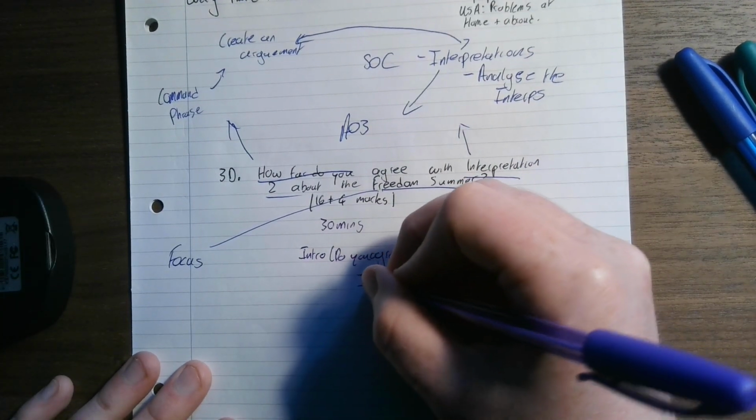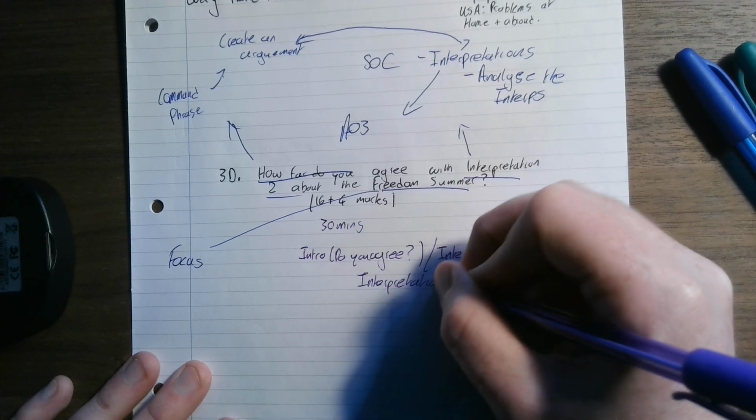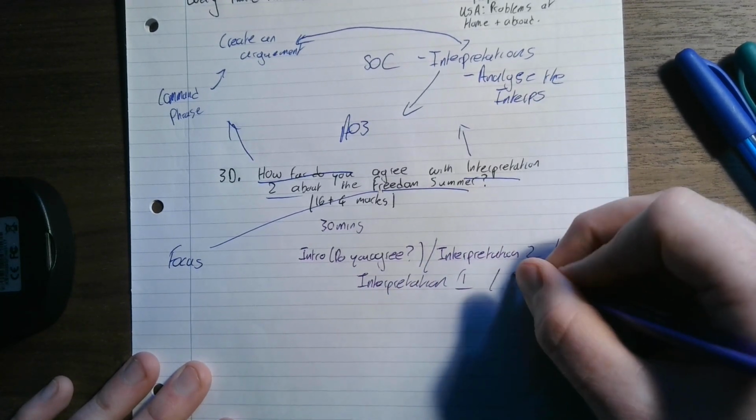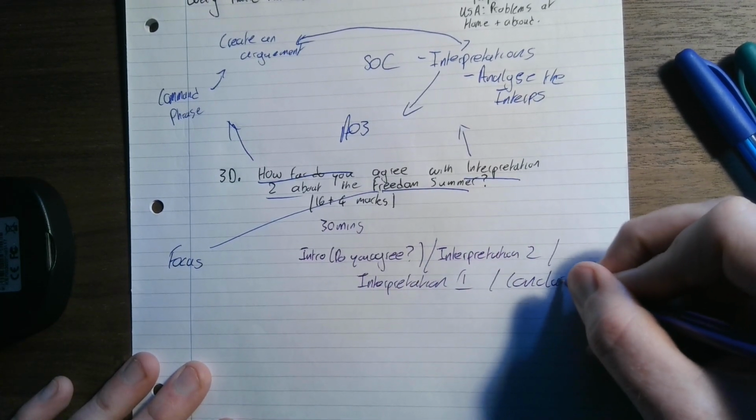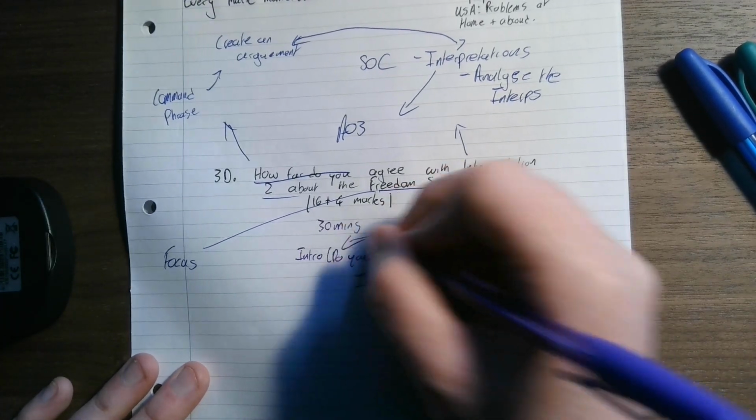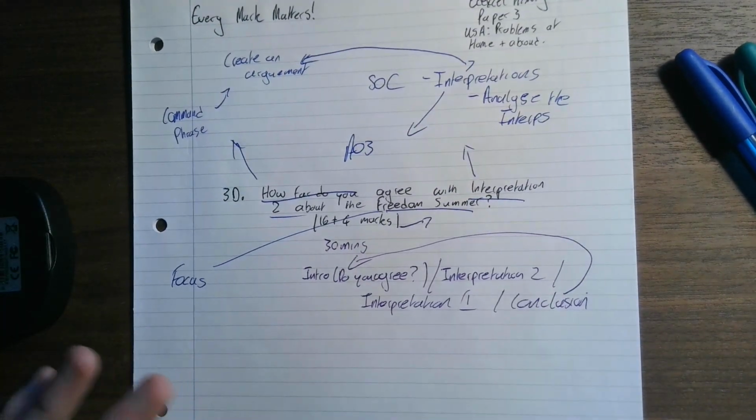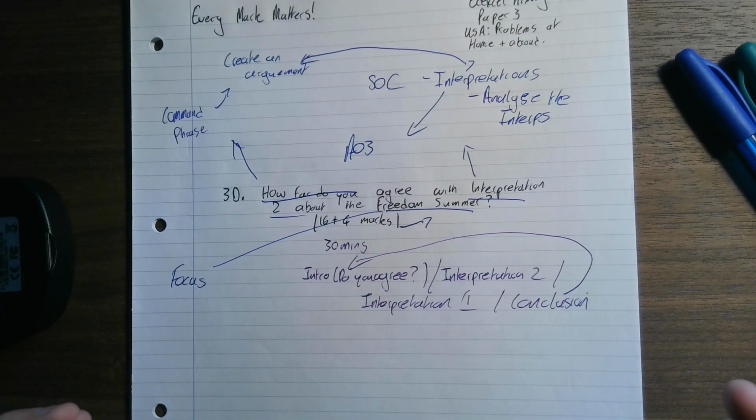Then interpretation 1. Then a conclusion. Alright? And that obviously must be the same as that. Okay? I just want to highlight that we've got SPaG marks here, so you get marks for spelling, punctuation, and grammar. That's paragraphs, correct spelling, full stops, commas, and so